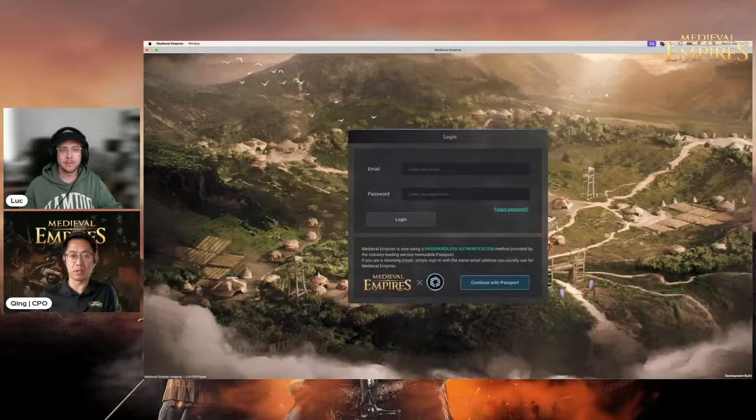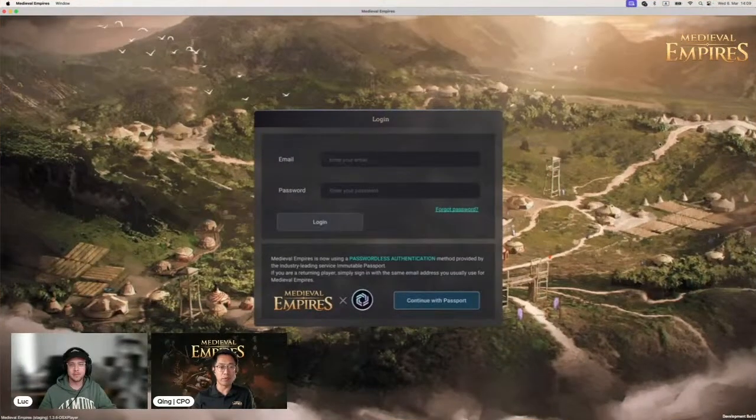within the blockchain ecosystem. As you can see here, soon we will release a version coming with basically two methods for authentication. For players who have an account, when you download the game, you can log in using the old way, the combination of email and password, or you can choose using passport, which is below here. You see continue with the passport. When you click, you just need to simply provide the same email address you use for your existing game account. And from there, you will get a